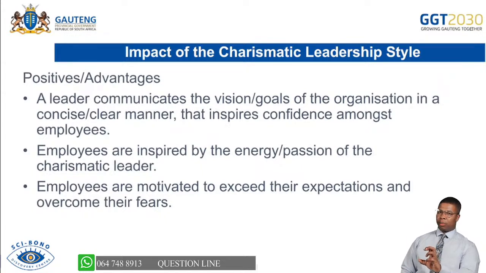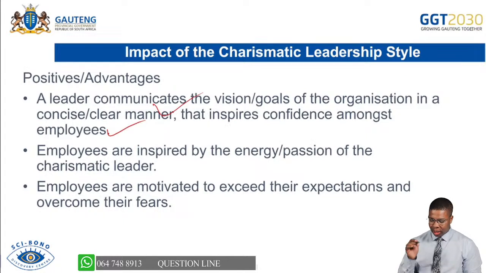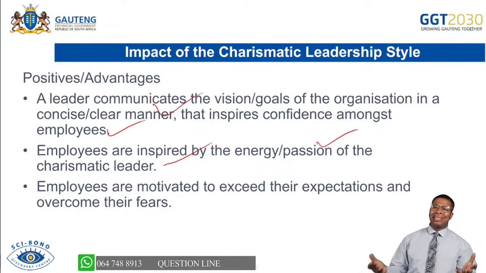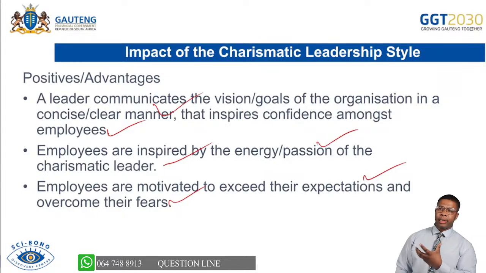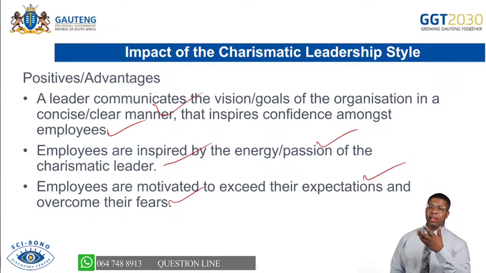This is a leader that uses charm. They use charm to influence followers or workers. So, a leader communicates the vision or goal of the organization in a concise or clear manner that inspires confidence amongst what? Employees. That's one. Number two, employees are inspired by the energy or passion of the charismatic leader. So the energy, passion, and skill shown by this charismatic leader will inspire the employees, and then employees are motivated to exceed expectations and overcome their fear because of the charisma, the passion, the energy, and the skill they see